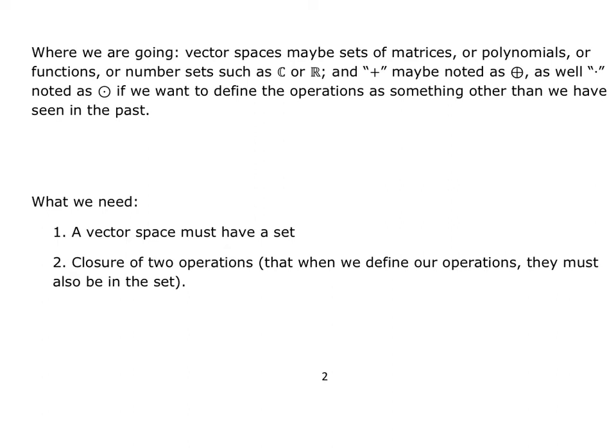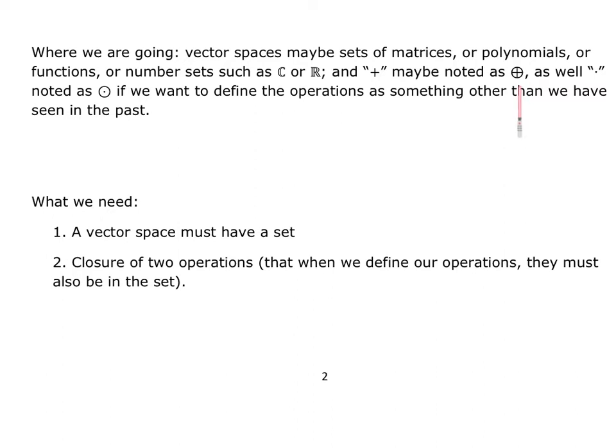These are the things that we need. A vector space must be a set. Okay? So to have a vector space, it has to be a set of numbers, and it has to be non-empty. Closure of two operations, that means that we have to have the addition, or however we define this symbol,